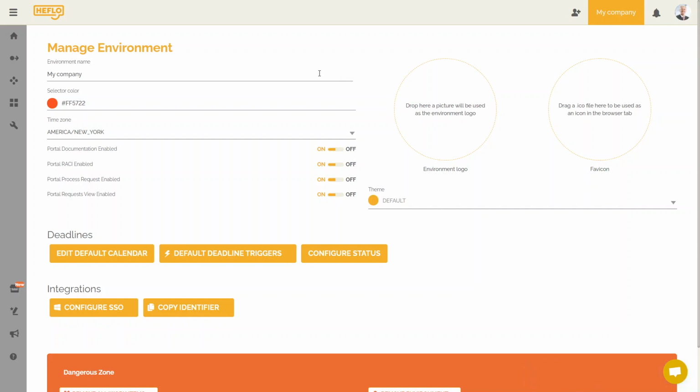You also have the possibility to personalize your environment by adding your company logo. The chosen logo will replace the Heflo logo visible at the top left. In addition to that, this new logo will appear on the PDF documentation cover page of your processes. You must click on this element to add your logo.